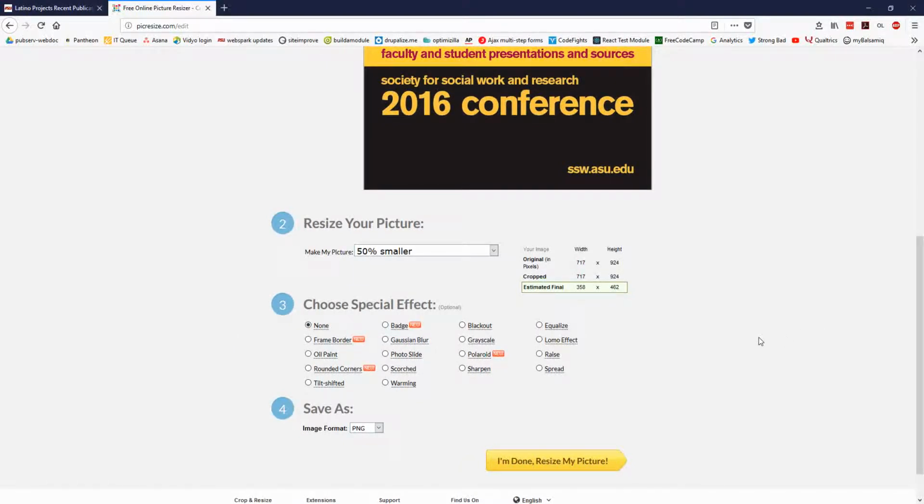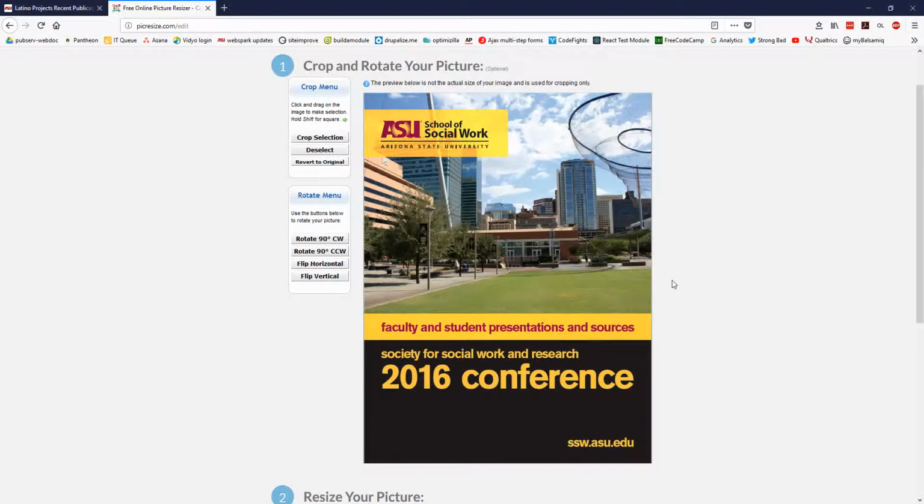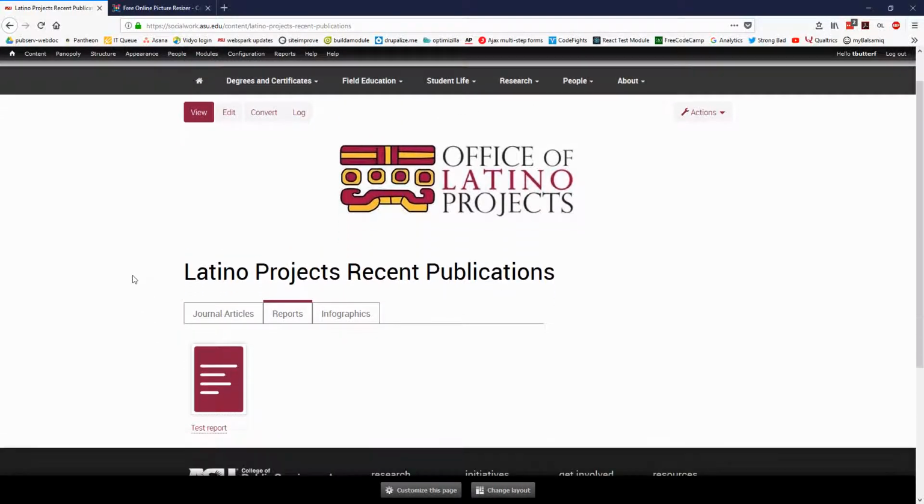So what we want to do is do a custom size, and we need to figure out what size it should be. We want to retain the same aspect ratio that it has now, and we can look at our destination. So for this particular image, we want it to show up